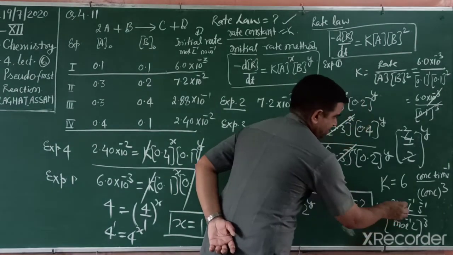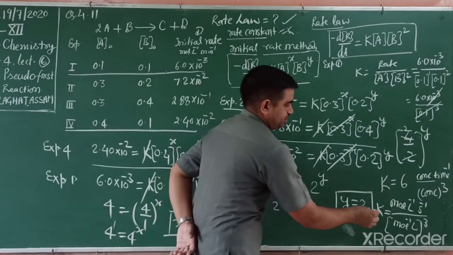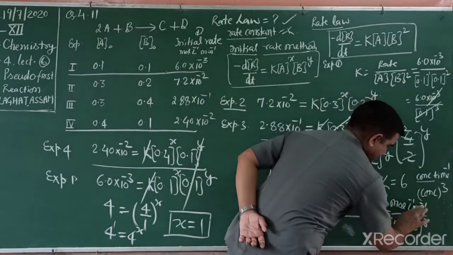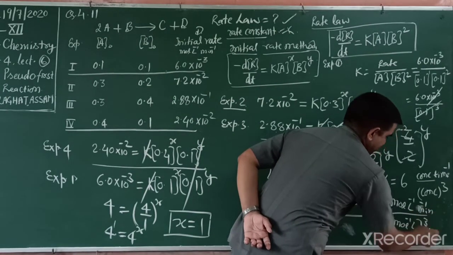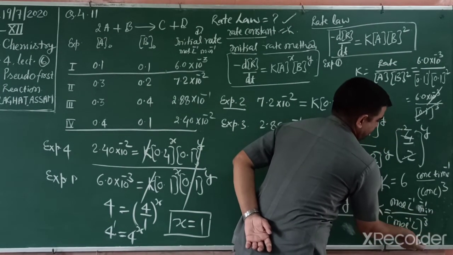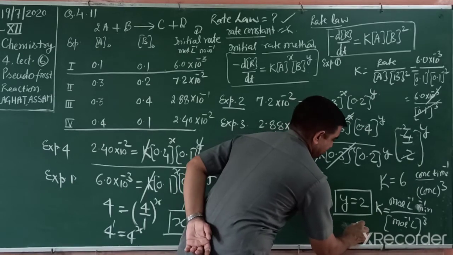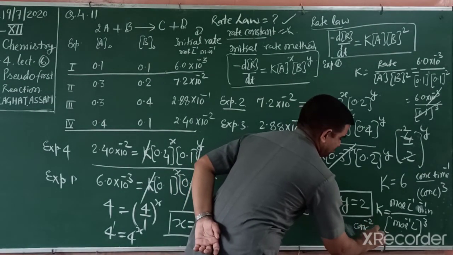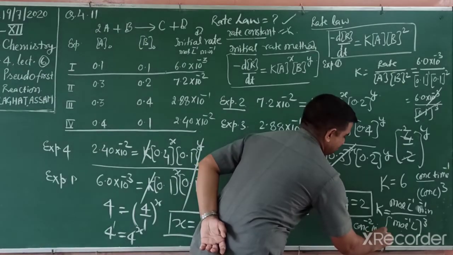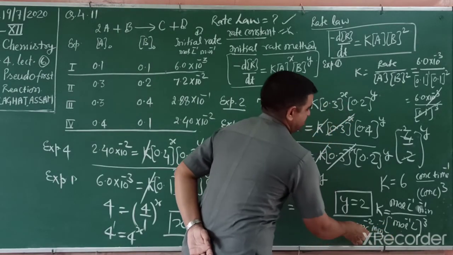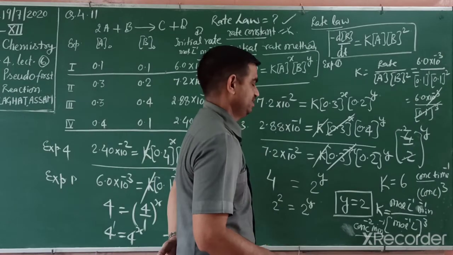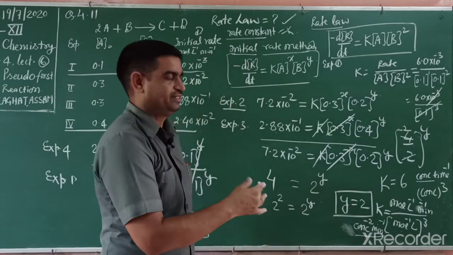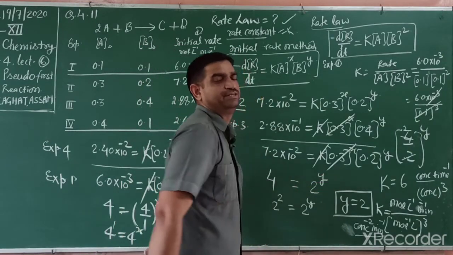Here the time is given in minutes inverse. So this is mole liter inverse minute inverse, and this one is concentration. When we convert, it converts into concentration to the power minus 2 minute inverse. Further, when you solve, it can change into liter square mole inverse square minute inverse.